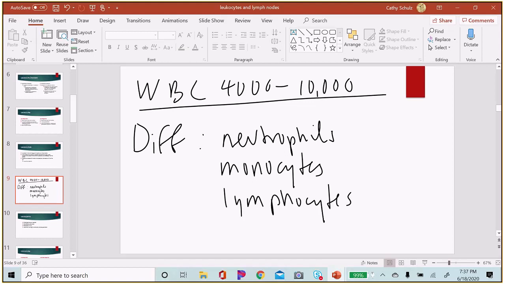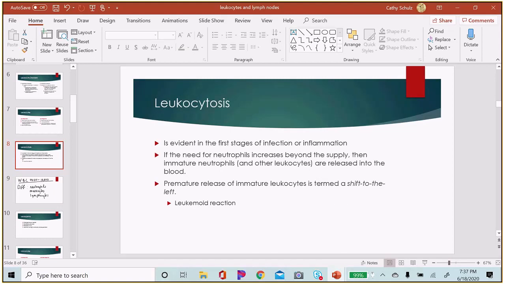So I'm not sure if you've heard the terminology shift to the left or shift to the right, but occasionally that's used to discuss the first stages of infection or trying to figure out the cause of an infection. So we were just talking about the inflammatory process and if there's an infection going on, once we're starting to use neutrophils and need them beyond the supply that's there, growth factors will be sent to the bone marrow to increase production of immature